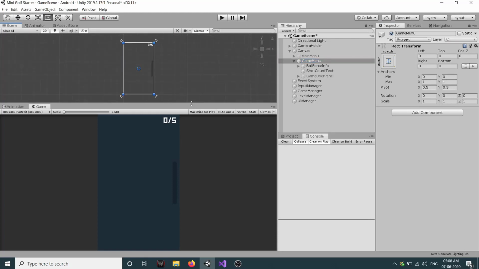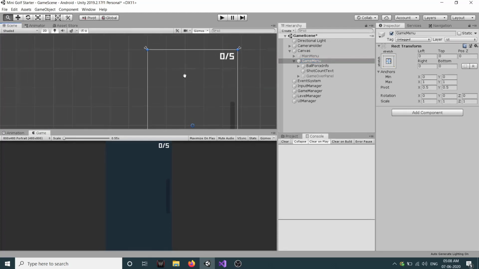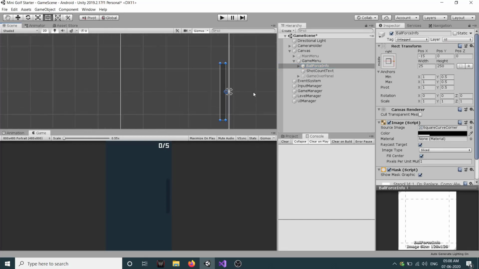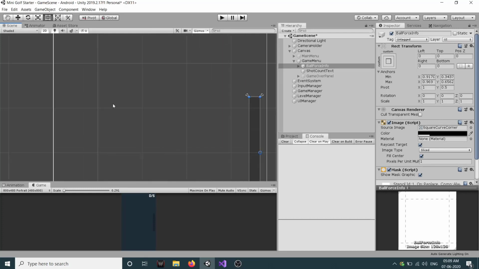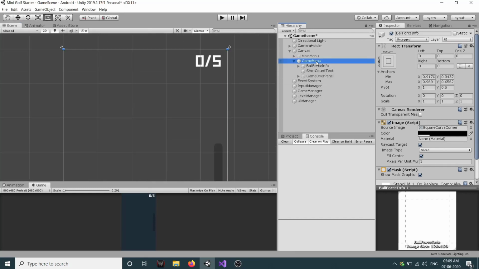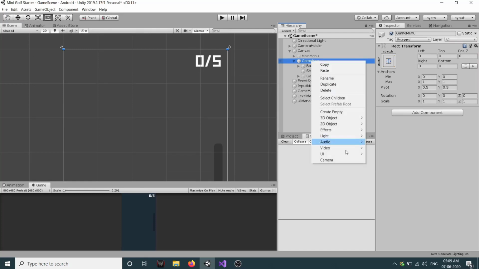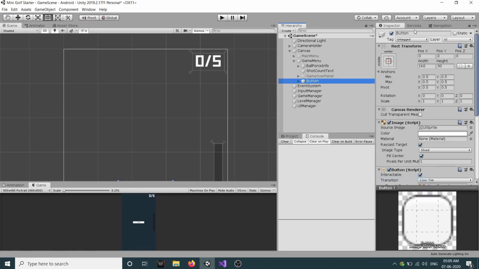Let's go to 2D mode. Let's zoom in, and let's anchor this thing first, so that if we change our resolution, this thing doesn't get affected, and it will maintain its resolution respective of any screen resolution basically. So here right click and create a new button, and we'll call this home button, and it will be of, let's say, 100 by 100.